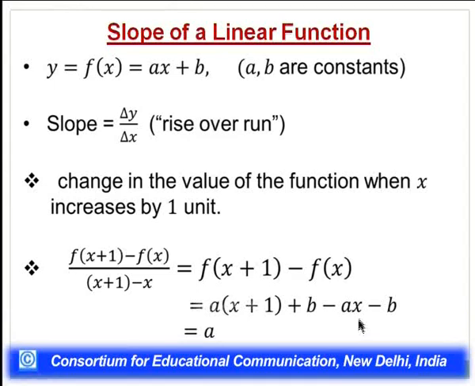So, f of x that would be minus ax minus b, and once you open up the brackets, you see that the b terms get cancelled as well as the a times x terms, and you are left with a, which is the mathematical representation of the slope of a linear function. Right. So, let us get a visual sense of what this slope stands for and what happens when a is